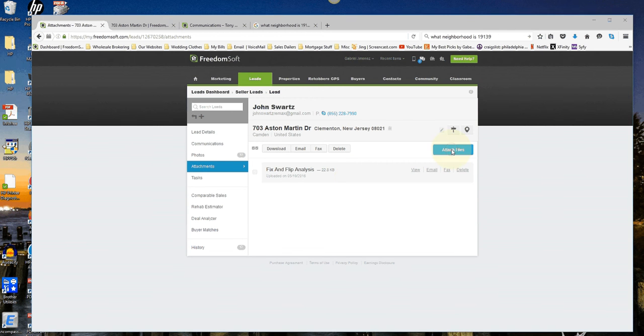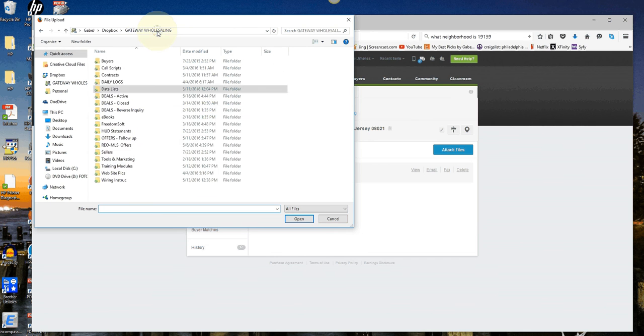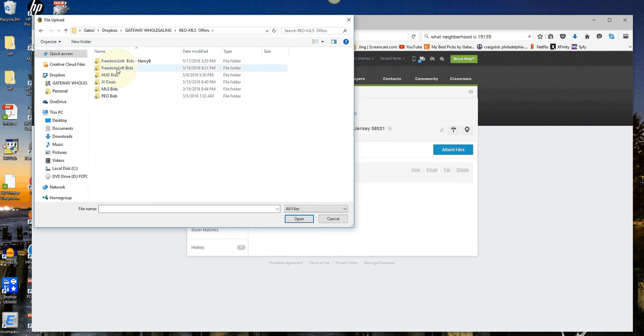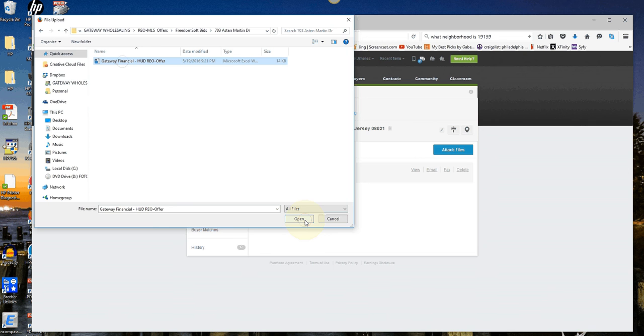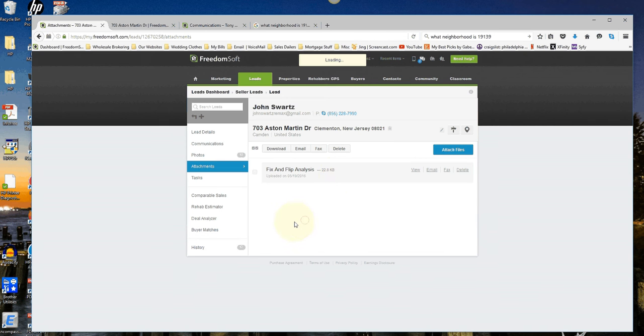So we're going to click attach files. You're going to find it in your Dropbox. You're going to go to our MLS REO offers. You're going to go to Freedom Soft Bids. You're going to find 703 Aston Martin Drive. Go in here and click, select it and press open. And there it goes. So there's going to be 4 documents in here each and every single time that you